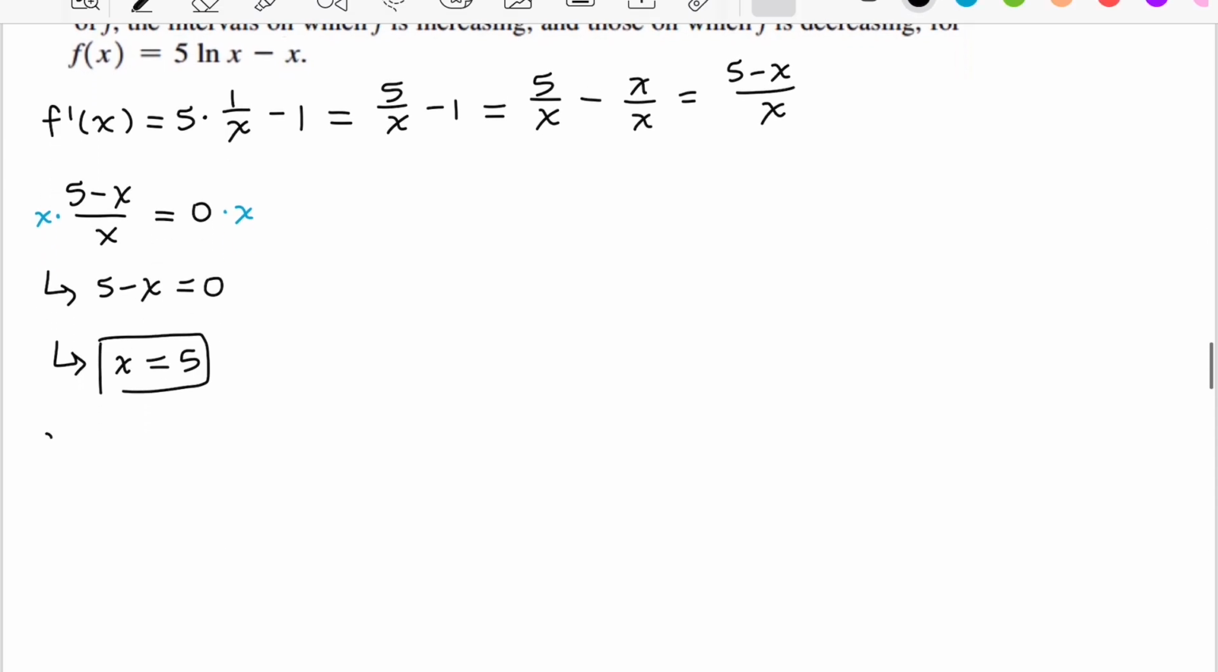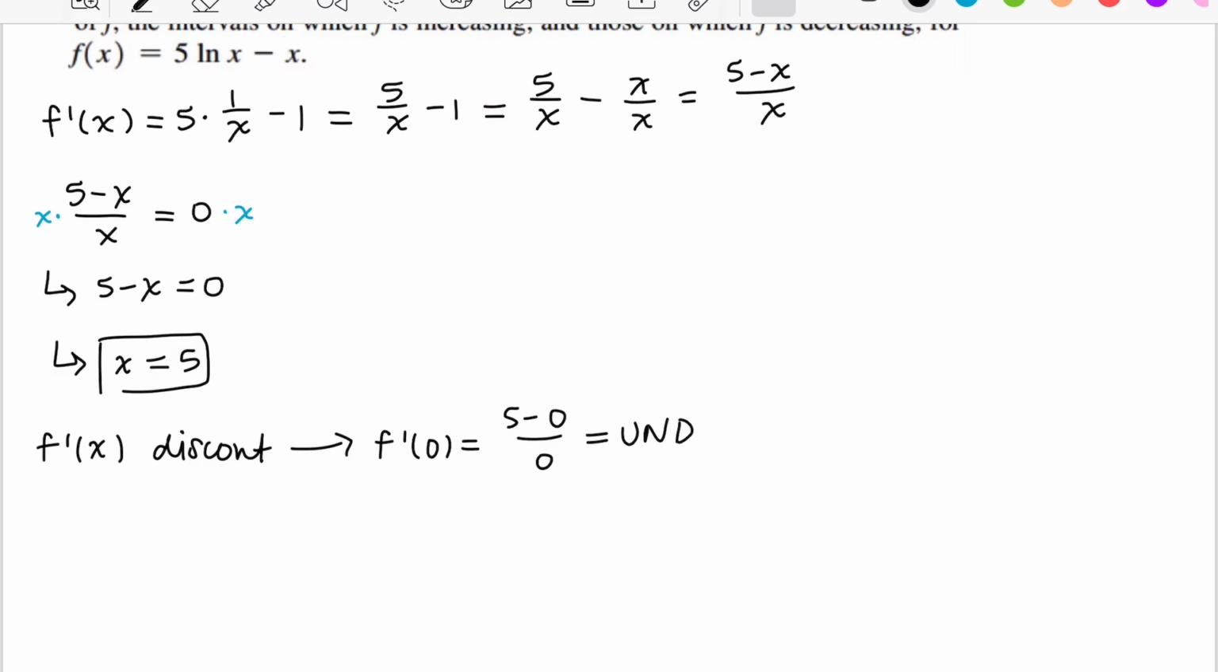The next one, we want to find when f prime of x is going to be discontinuous. And we know that that's going to happen when x is equal to 0, right? We can't divide by 0. We would have this here. So in this case, it looks like 0 is going to be a critical number. However,